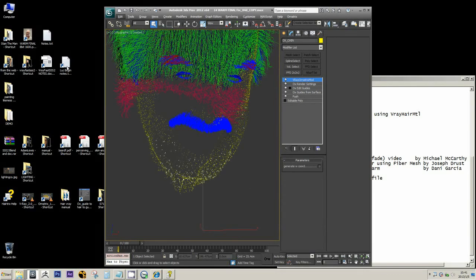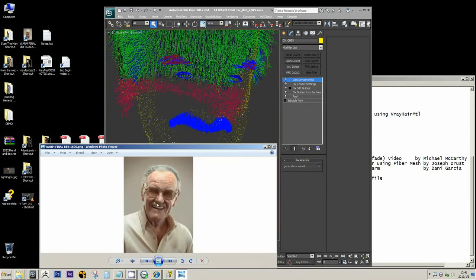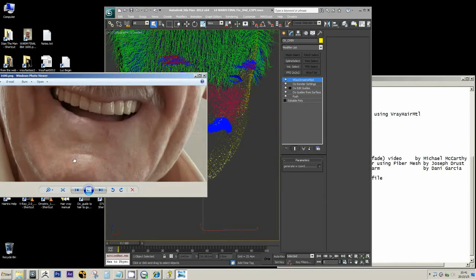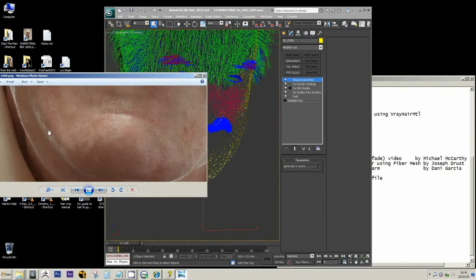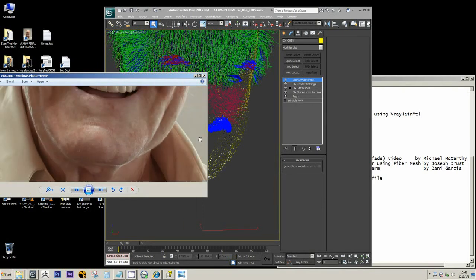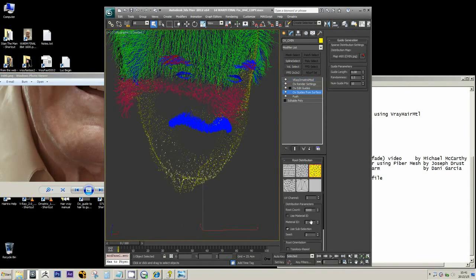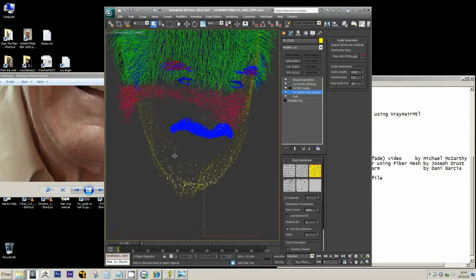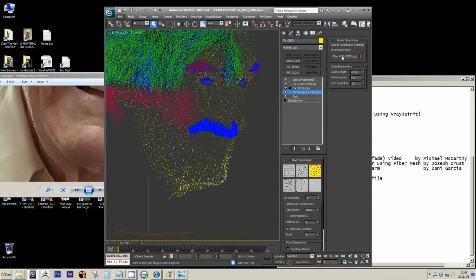This is kind of like a slightly thicker face fuzz. The count I think is pretty low. In the end I was only rendering 5,000 of them, but